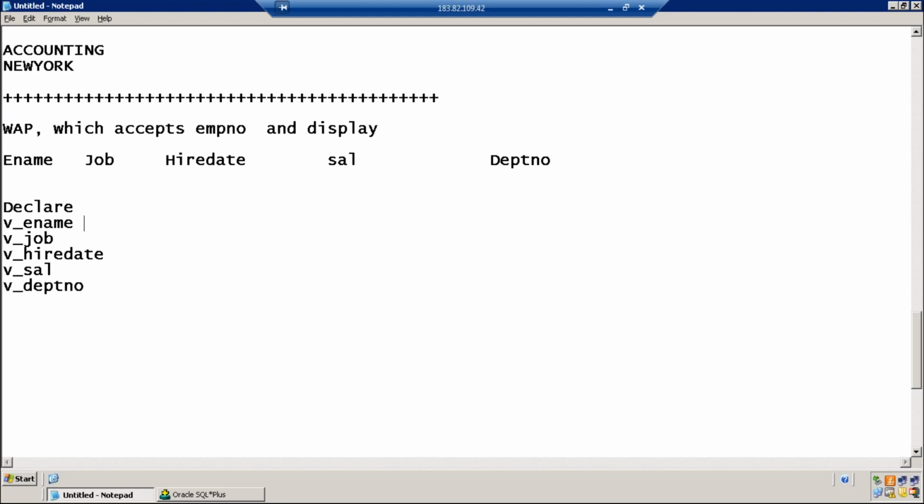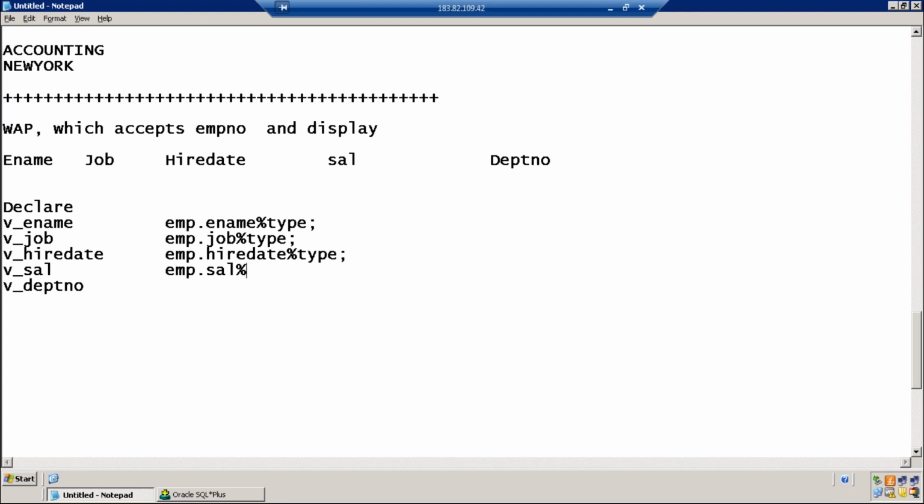Okay. What should be the data type and size? Don't worry, blindly write table name dot column name percentage type. Jamal, tell me. EMP dot ename percentage type. That's it. Employee dot job percentage type. Employee dot hire date percentage type.